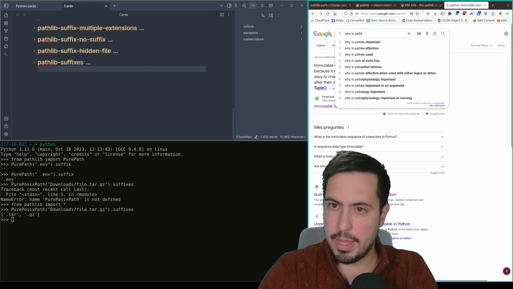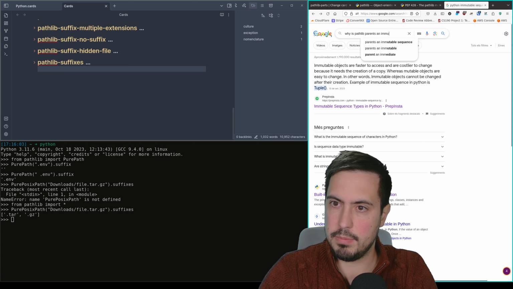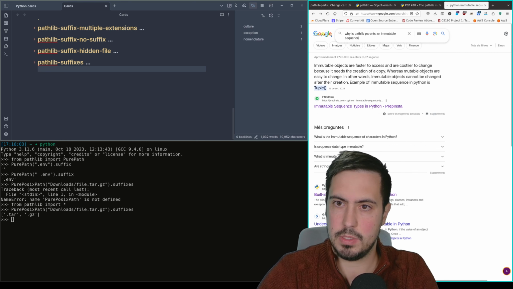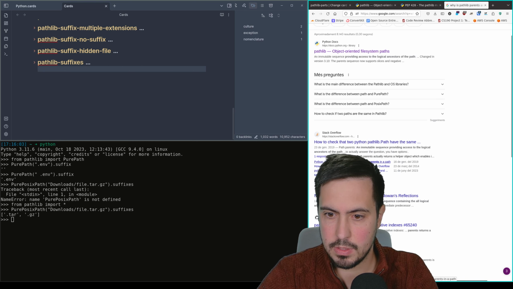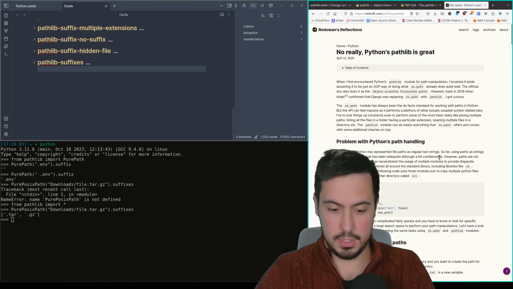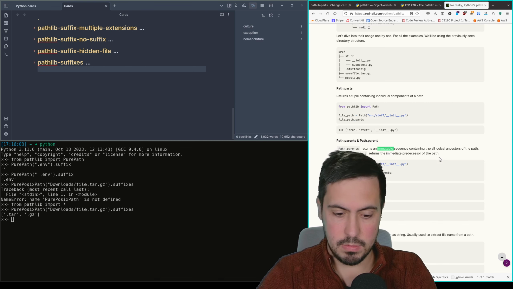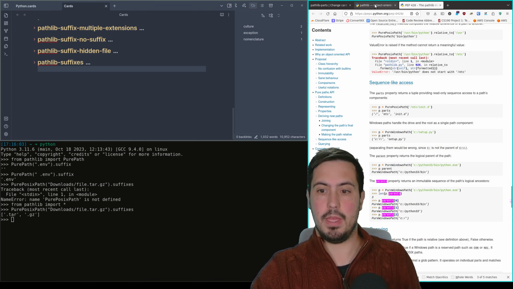Why is pathlib parents an immutable sequence? No, really, Python pathlib is great. It is great. Okay, so